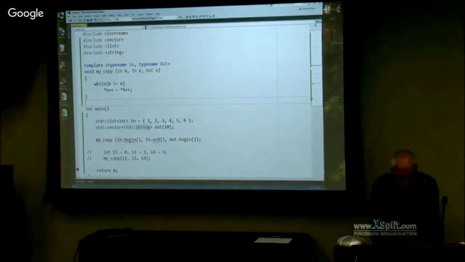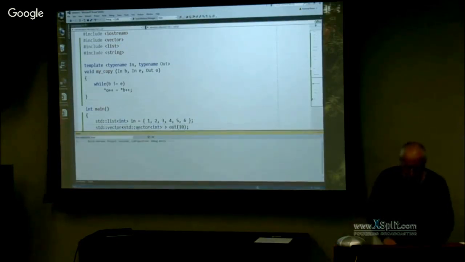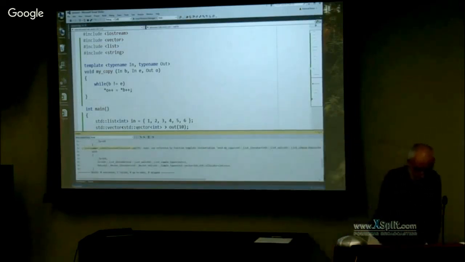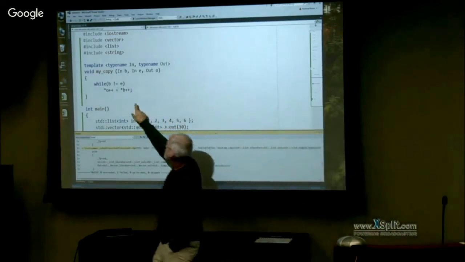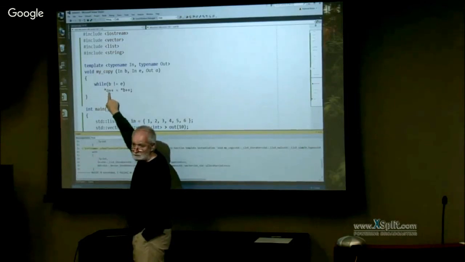Let's do another vector. No, it will fail, because you can't assign an integer to a vector. This gives us an integer, and this gives us a vector of integers.